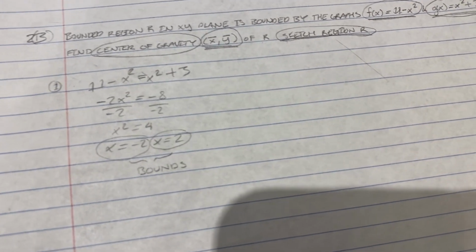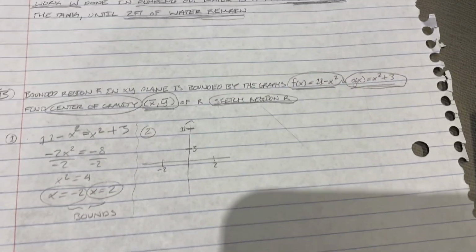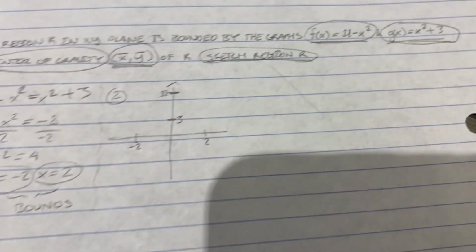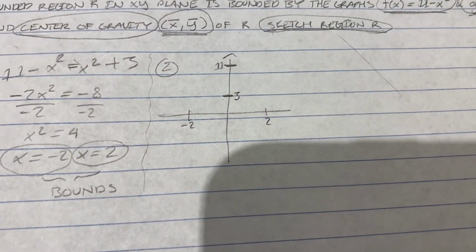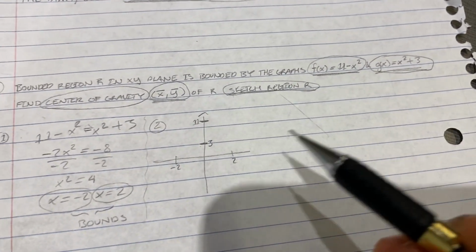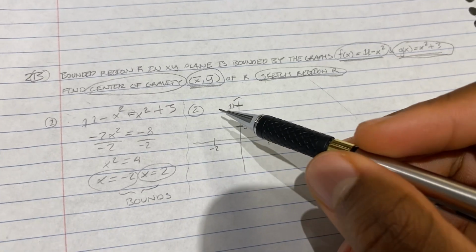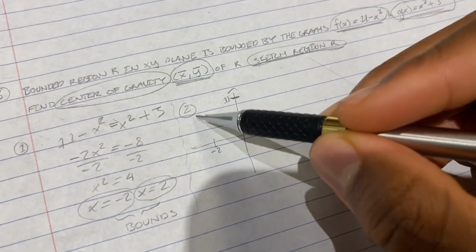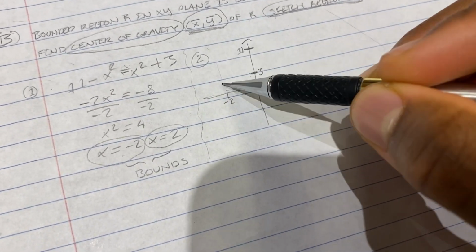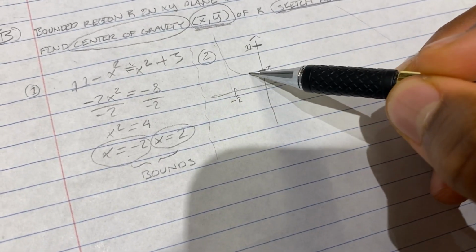Next, you're going to want to draw the graph. We know that it's going to have a peak at 11 because of 11 minus x squared, and it's going to also have another one of its peaks, I guess you could say, at 3 because of x squared plus 3. X squared plus 3 is positive, however, so this one's going to go up. The bounds we just found are -2 and 2, so it's going to start from here, which is the 2, right? And then go like this,